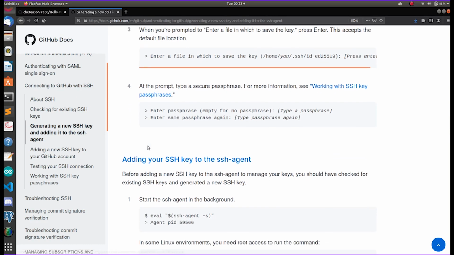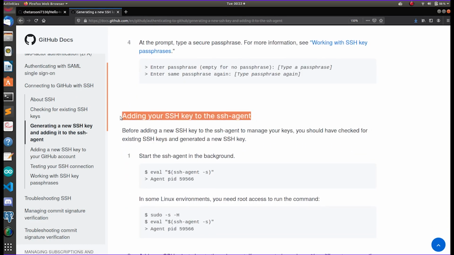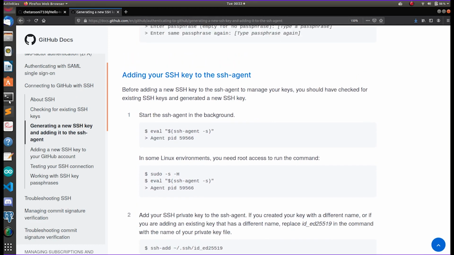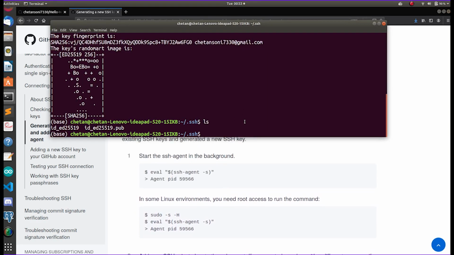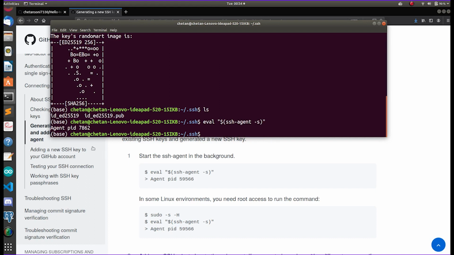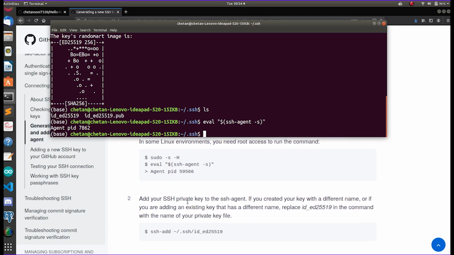Now we are adding our private key to the SSH agent. As we already discussed what an SSH agent is, note that it helps us to not provide the username and password all the time for connecting to our GitHub account. First of all we have to pass this command, eval ssh-agent. What this command does is start our SSH agent in the background.